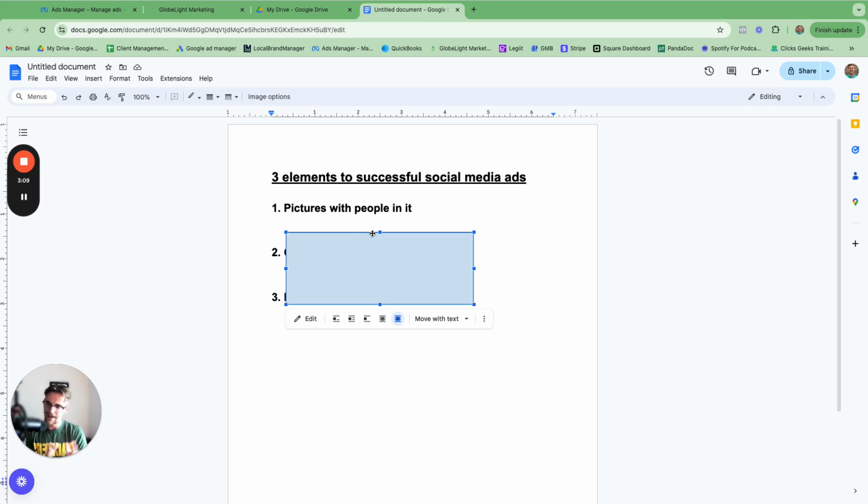This first one, I can't emphasize enough how important this one is and how successful this has been. So typically, a lot of people run their social media ads, or landing pages or website, with pictures of their jobs, before and afters, which are great, and they do work well. But we've been doing a lot more testing with our flooring clients and trying to do more pictures with people in it. So whether that's the owner or the crew or the team in front of a job or in front of the showroom, if you have a showroom, or in front of the van, if you have a van,